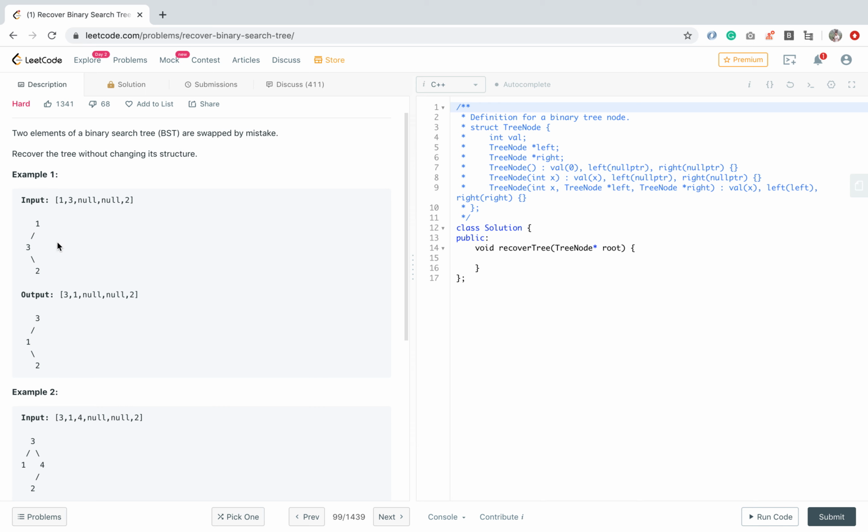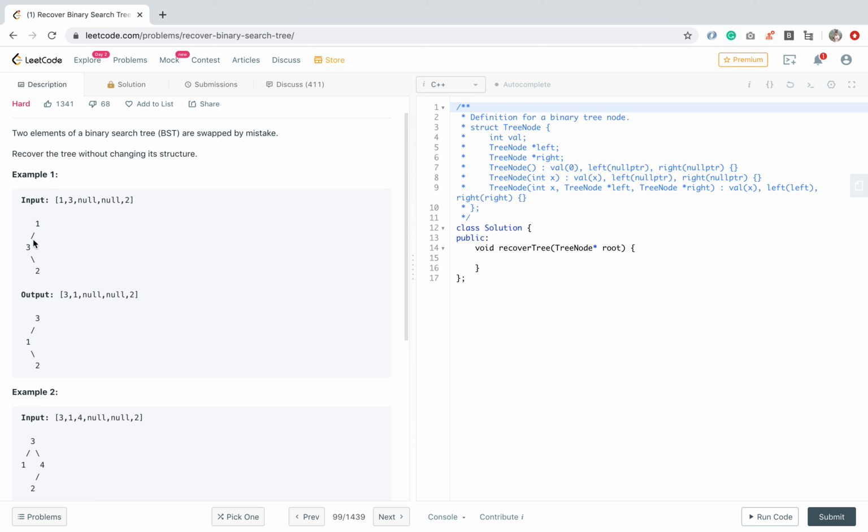As we do in order on the input, we are getting 3 2 1. So we know that this is not the correct increasing order, and we have to make it correct. So basically how to make it? Now there will be two scenarios in the in order traversal. One is the case where the two elements which are out of order are just adjacent to each other, and the other is where the two nodes which are not in order are not adjacent.